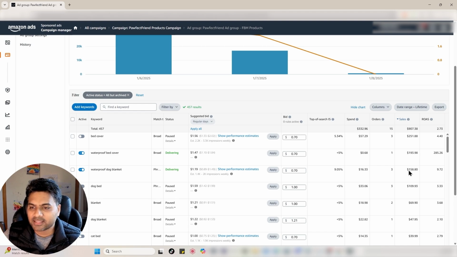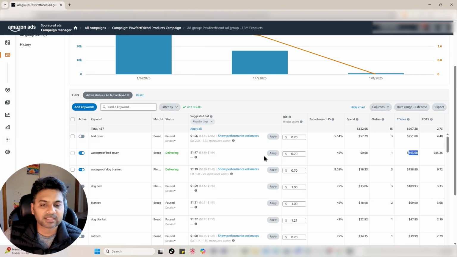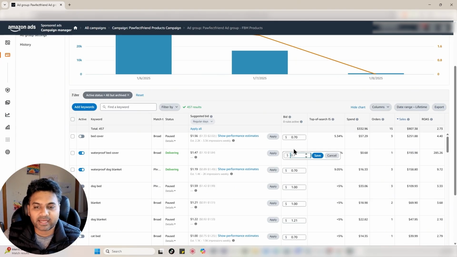Now, going by the sales data, you can see this campaign gave good result for return of ad spend. This one gave 285 return of ad spend, which is way higher than you expect. Only 68 cents spent, and it gave me $193 worth of sales. So I would focus on this particular keyword, and even I can increase the bid from the set bid to my desired bid,